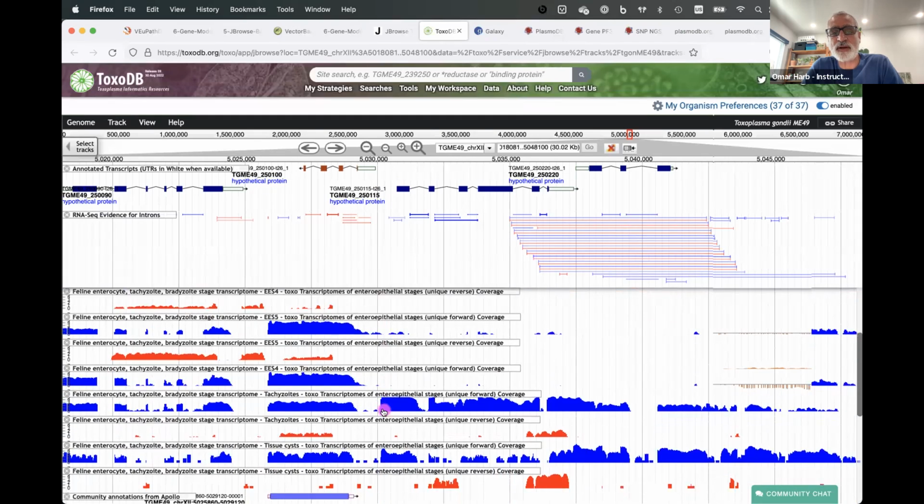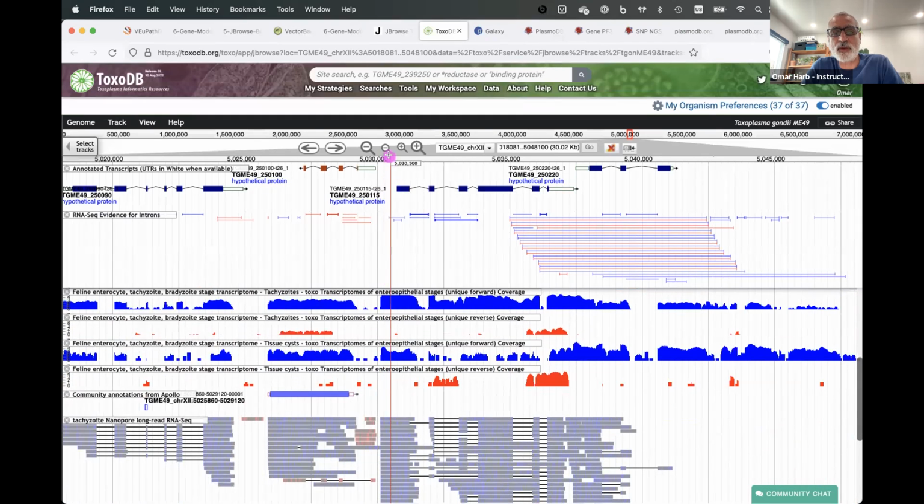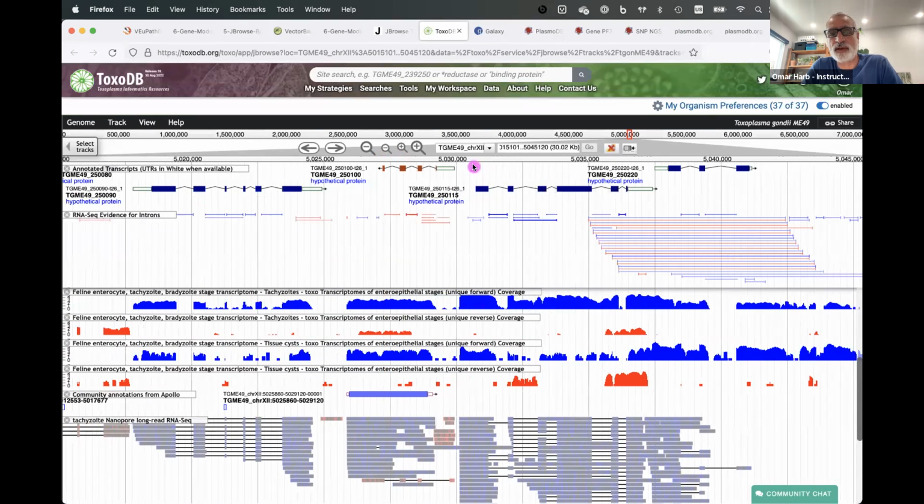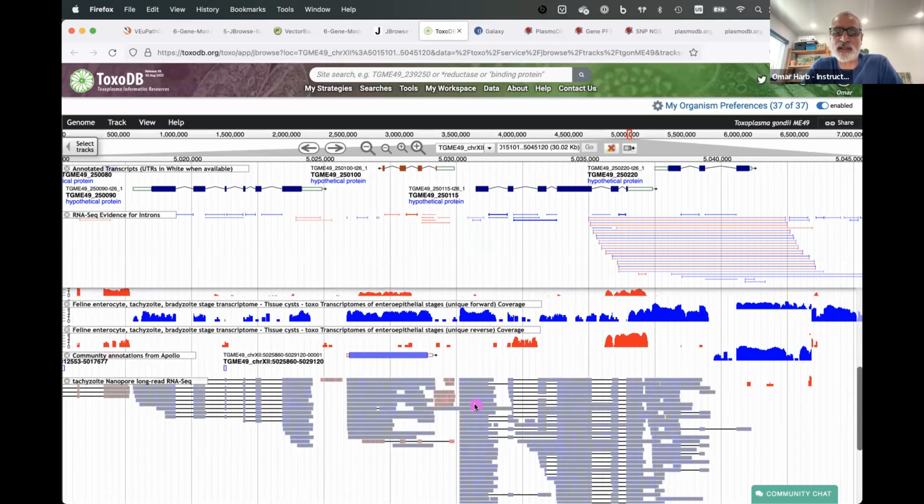And if we scroll up here and look at the actual RNA-seq data, you'll see that this is actually quite beautiful. The RNA-seq data extends beyond this genome. It has a pretty sharp drop, which I think typically you see as a more gradual drop when it's a UTR. Uli, maybe you can correct me if I'm wrong, but it looks like a pretty clean drop right here. So now if we scroll down and look at the long read data,